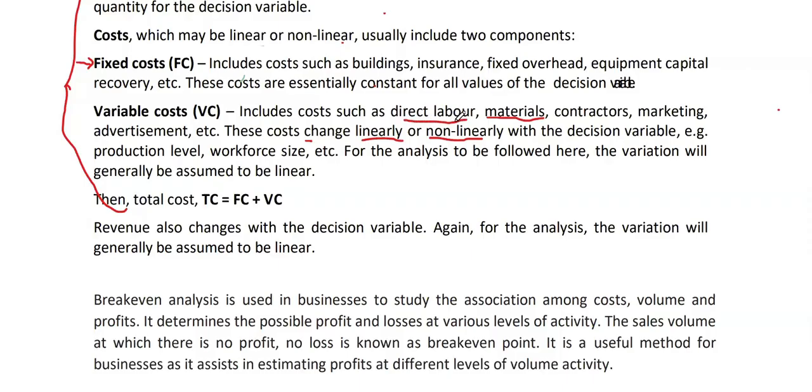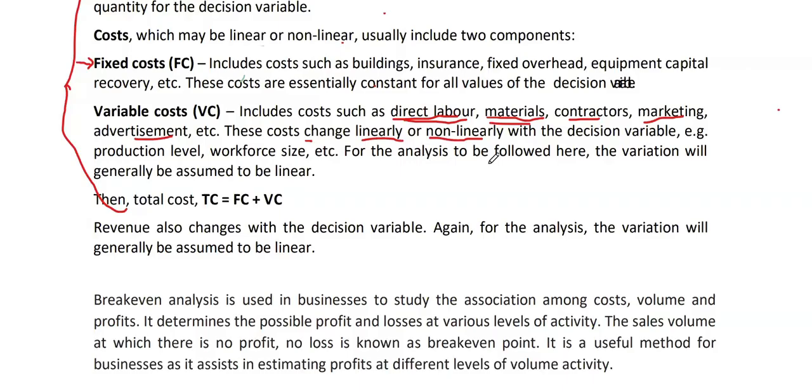Your direct labor costs will also vary with the level of production that you undertake. Typically, if you want to significantly increase production, you will have to increase your labor force. Right? You'll have to increase your labor force in order to increase production. That will increase labor cost. So direct labor, raw materials, those are good examples of variable cost. Marketing and advertisement cost will normally vary with the level of production that you're doing. These are variable, right? Cost of employing contractors,